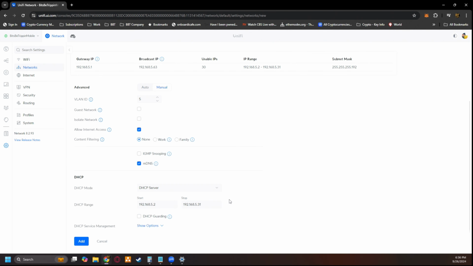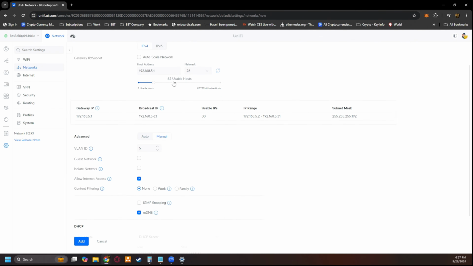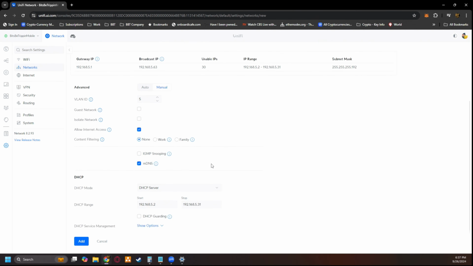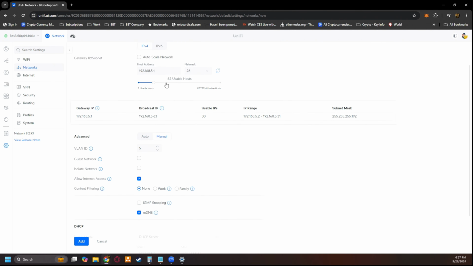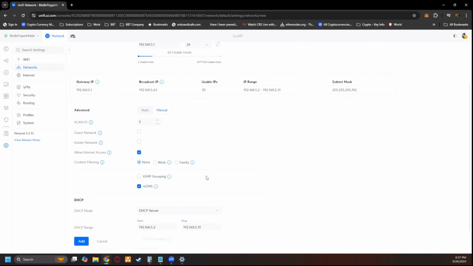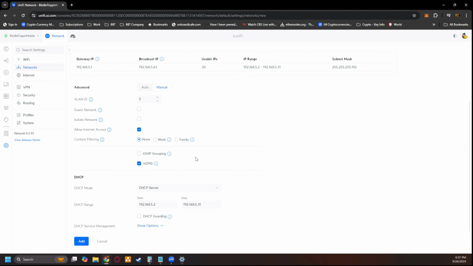Okay, now here's a cool trick. So it's going to give you 30 here. So let's say you have 8 machines on there, you have 30 usable IPs, but we've given it a net mask range of 26. So in theory, we have 62 IPs. What this is going to do is these 30 IPs are going to fall within this range. So your IPs are going to be from .2 to 31, and then anything from 32 to 63, because that's going to be your top, you can statically assign under this VLAN,